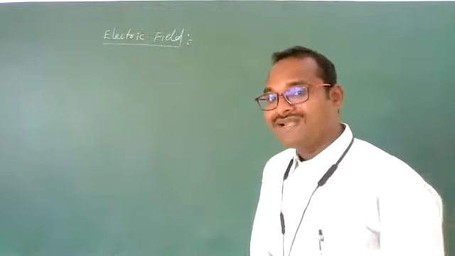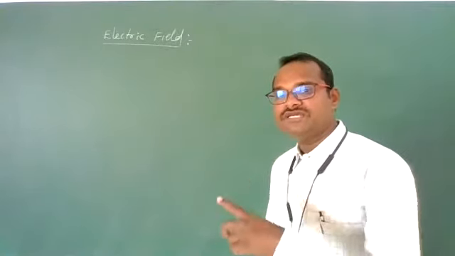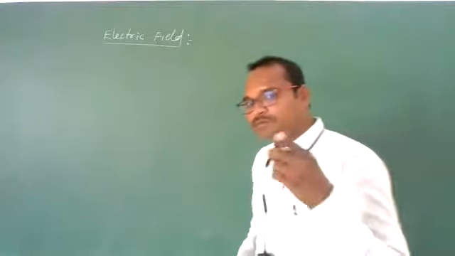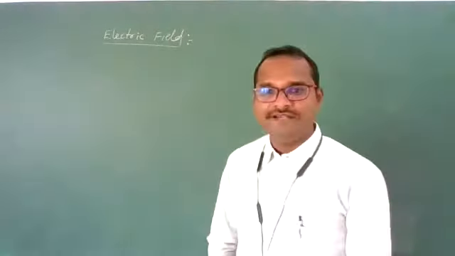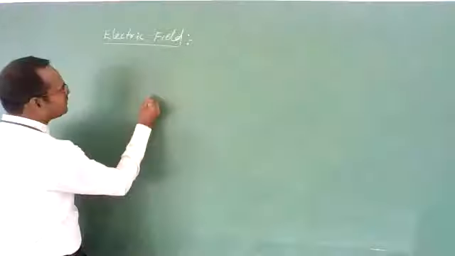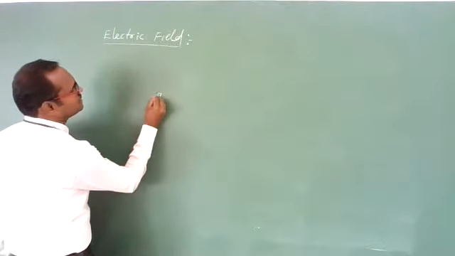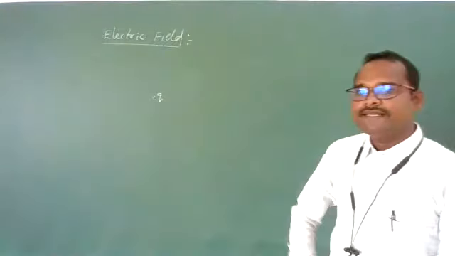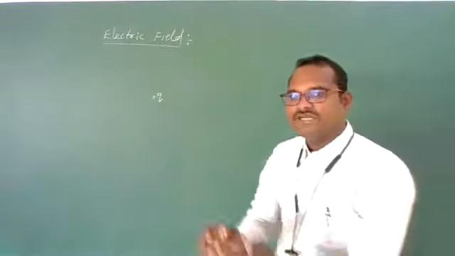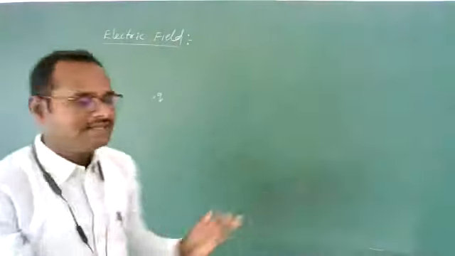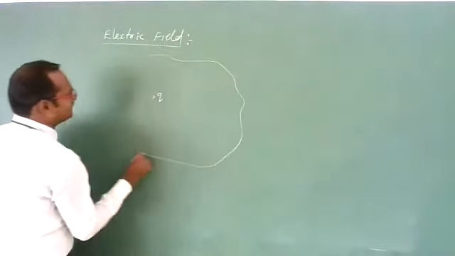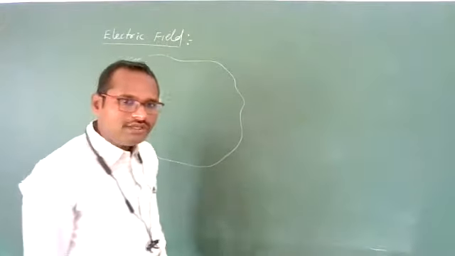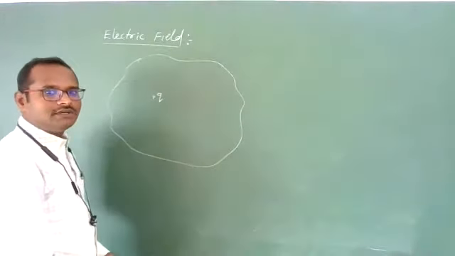So to know the mechanism by which a charged particle will exert a force on another charged particle, that can be explained by using electric field. Okay, means whenever you consider one charged particle, imagine a positive charge, this charged particle will create one field around itself in a particular region, in a particular space. It will modify the space around it. Okay, clear? Are you getting?